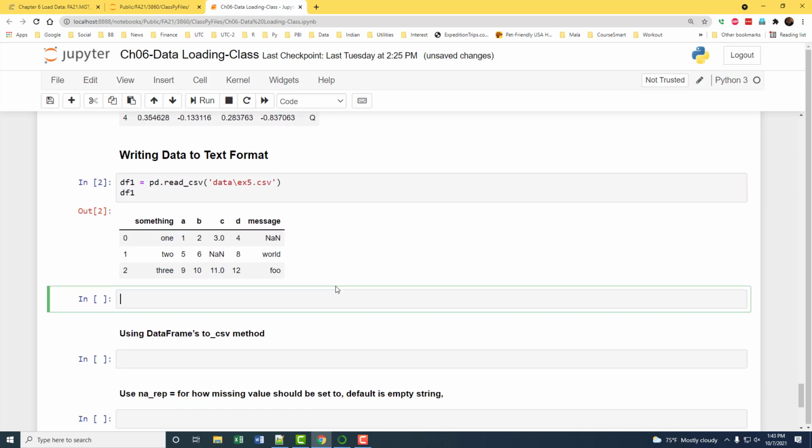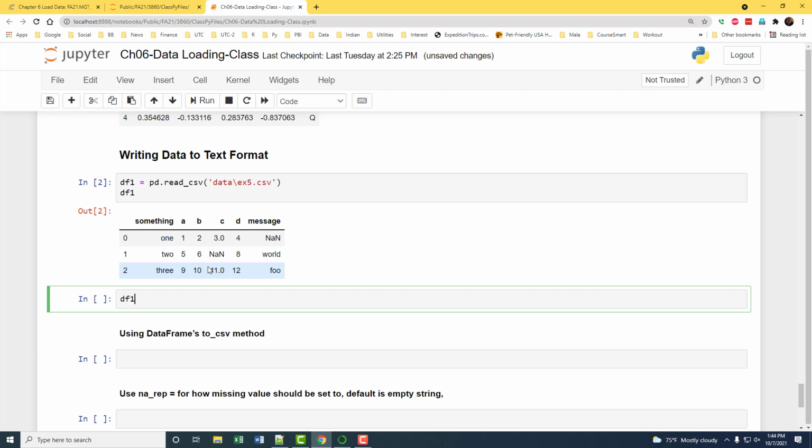Okay. So this data has 6 columns. Okay. And it has 3 rows. Then there are some NaN values, missing values, coded with the NumPy convention of not a number. Okay. So if you write it back out,